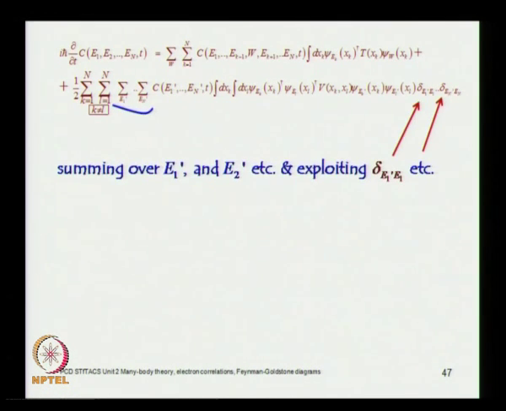So, let us exploit the orthogonality integrals. You are left with a 2 center integral, which is the matrix element of the interaction which depends on the kth and the lth coordinate xk and xl. This is an integral between the states psi ek prime, psi el prime with coordinates xk and xl, and here you have got the adjoint psi ek and psi el with the coordinates xk and xl. So, this is the 2 center integration being over xk and xl,